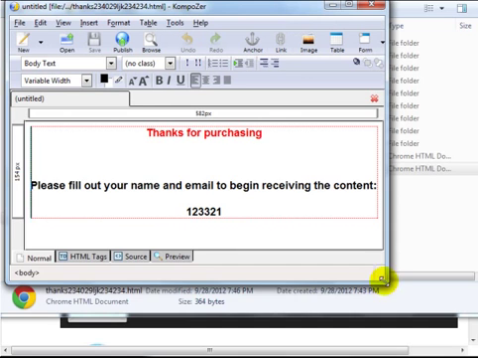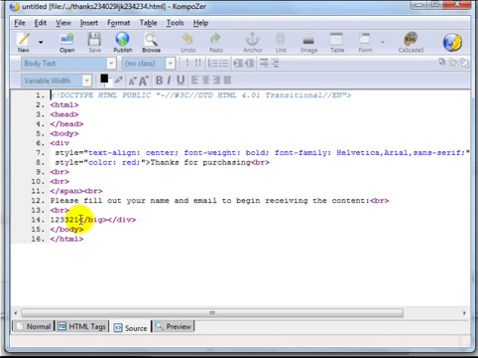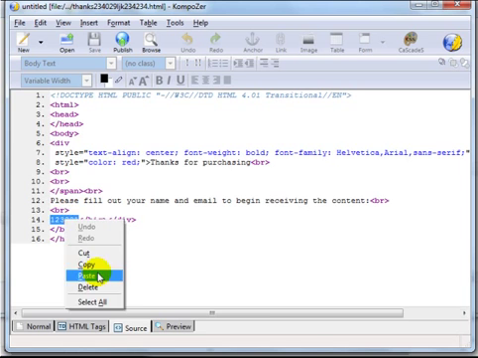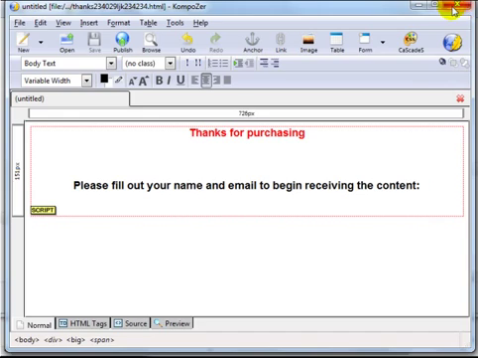And if you recall, I put this number here for a reason. What I want to do is simply find this number by clicking the source code tab here, finding the number, and by using this method you don't need to know anything about HTML. Simply replace that number that you created with this code, click on save, exit,